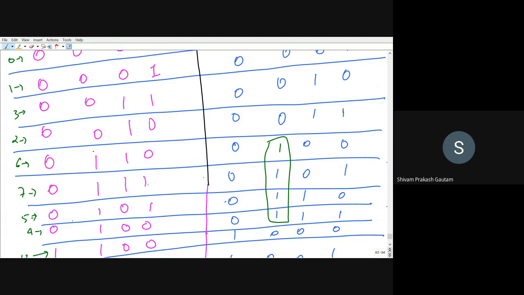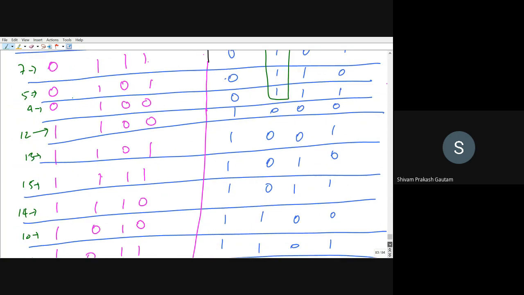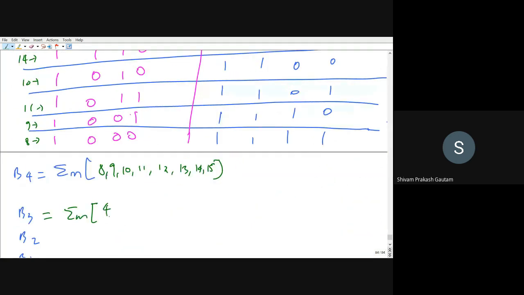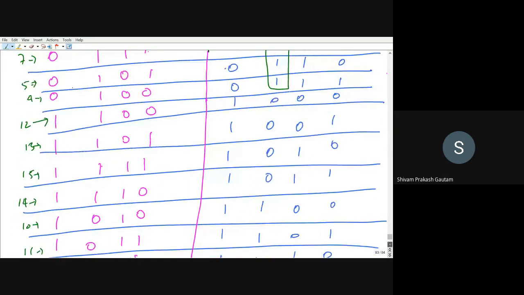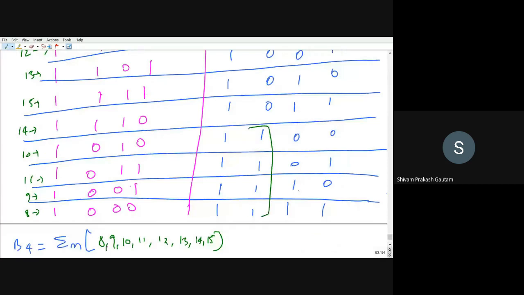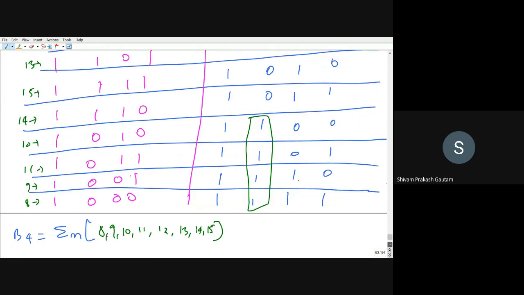What is the corresponding decimal? 4, 5, 6, 7. And B3 is again high here. This is what? 8, 9, 10, 11. Are you getting this?